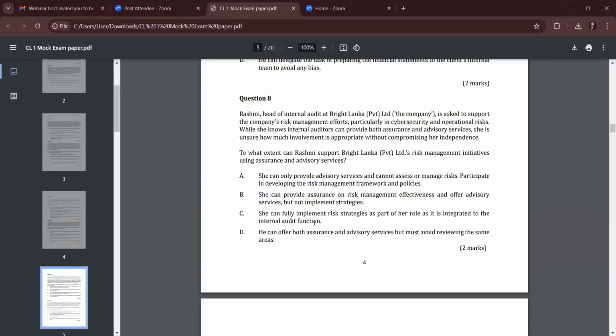Offer both assurance and advisory services, but must avoid reviewing the same area. Answer A, B, C, or D. දෙන බලන්න අපේ උත්තරේ ළමයි. A ද B, C, D. Answer is B. She can provide assurance on risk management effectiveness and offer advisory services, but should not involve in